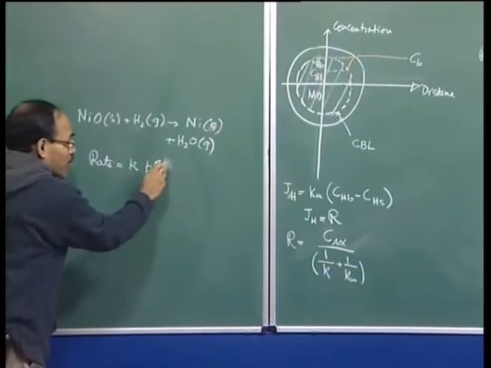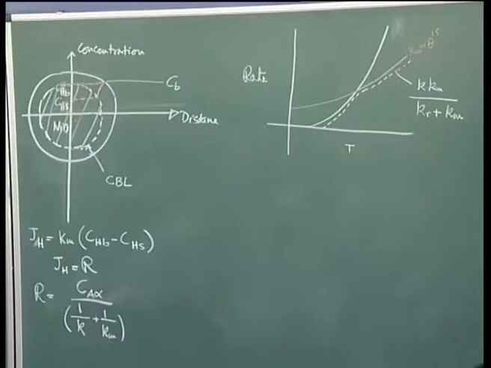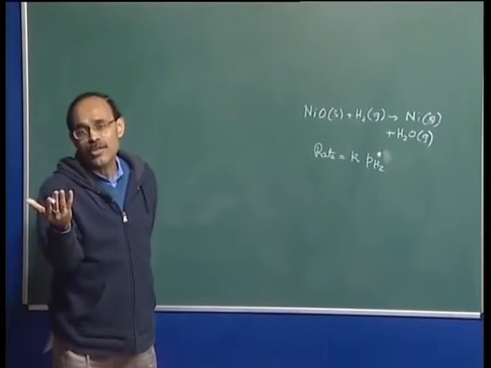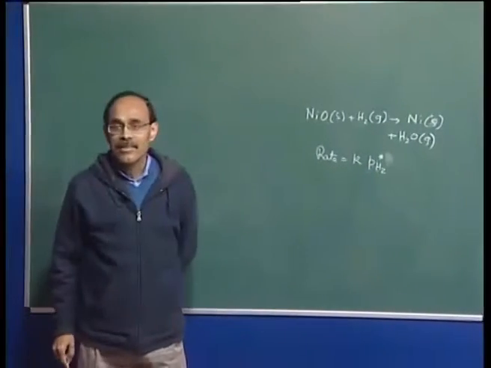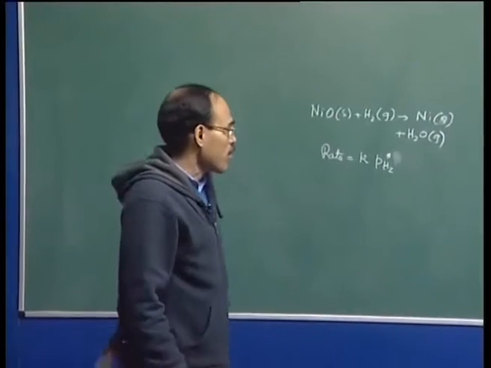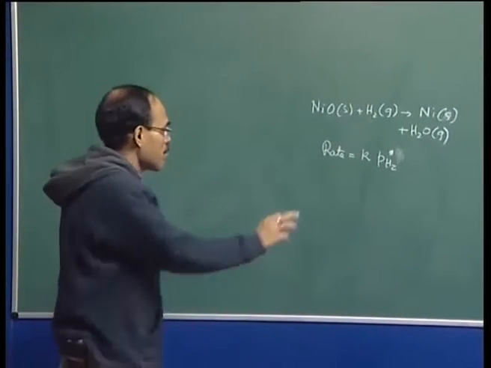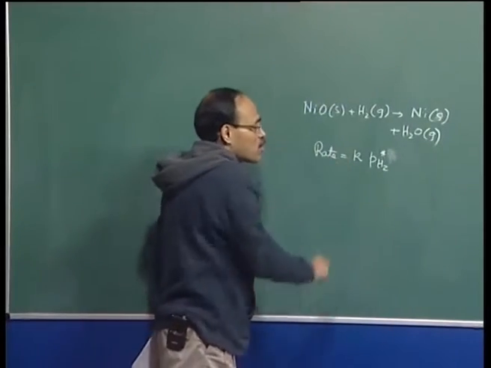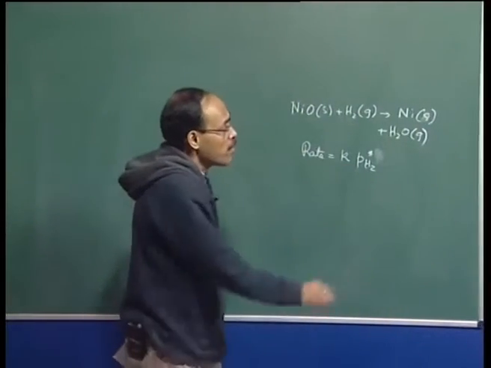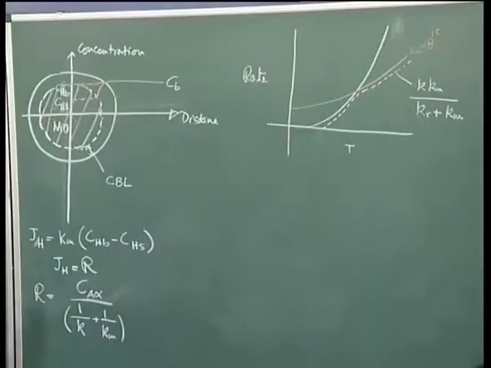As I said, how do you know that the rate is first order? We have to carry out experiments, introduce more and more hydrogen and see how the rate of the reaction changes with the concentration. If there is a linearity between the two, that is an essential indication that the order of the reaction is equal to 1. So, for the time being, if you assume that the order of the reaction is 1, then this becomes the expression, and this is the surface concentration, which is equal to C_H sub S, which is shown